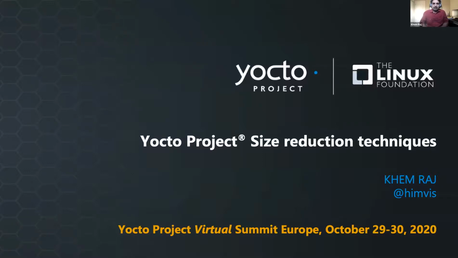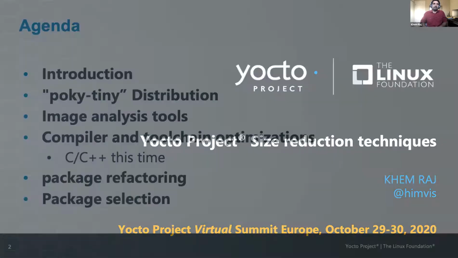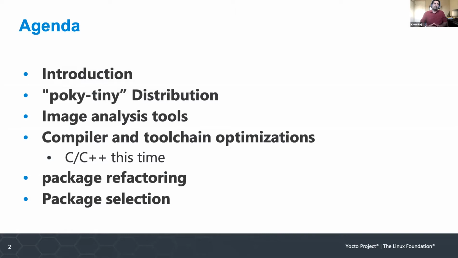All right, thanks everyone. So today we're going to talk about size optimizations, some techniques to apply for size reduction, and roughly I will go over what you can do within the Yocto framework to reduce the size of your firmware. What tools are available that you could deploy to help yourself. And then I'll also talk about some of the compiler tools and optimizations, as well as some advice on code restructuring and some design choices that can help you to write code in C++,